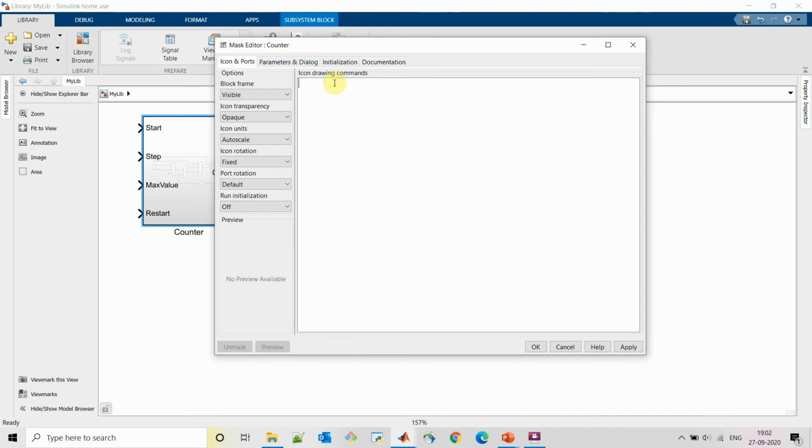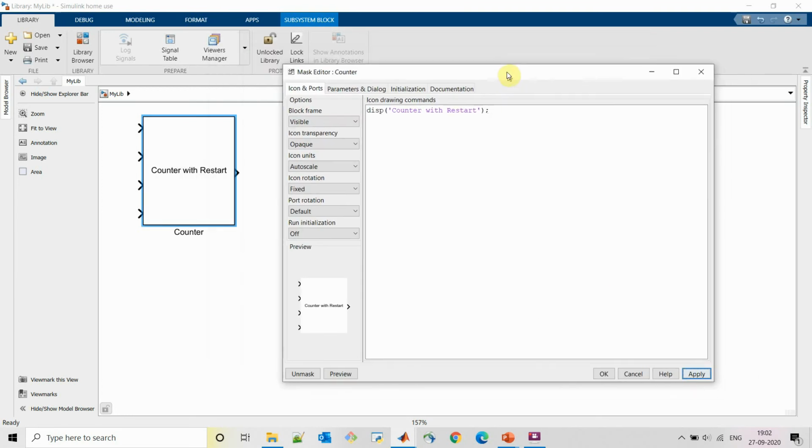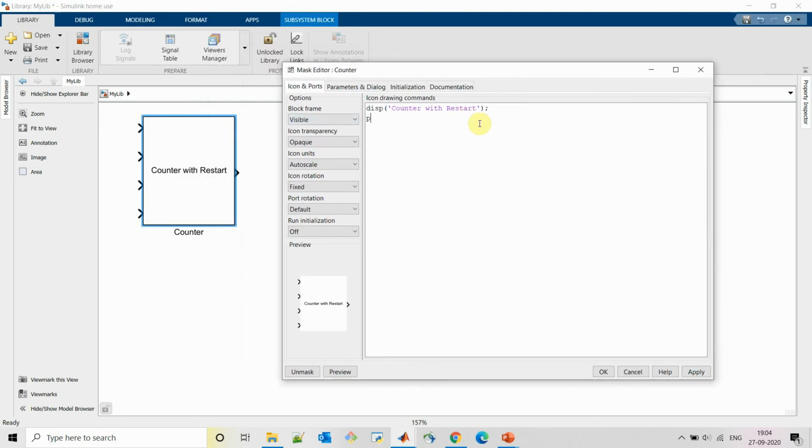So in icon and ports we can provide the display like this. We can add port names with the command port underscore label.